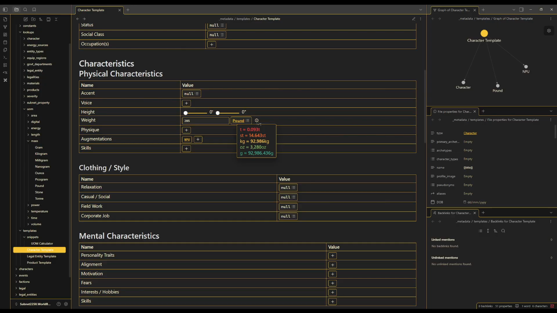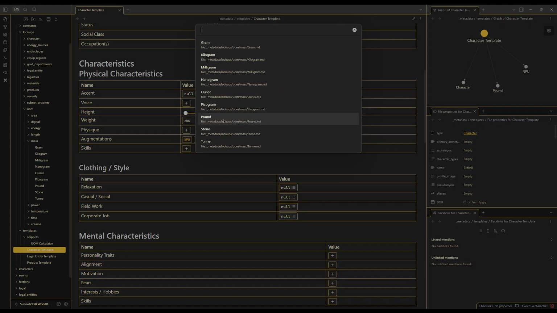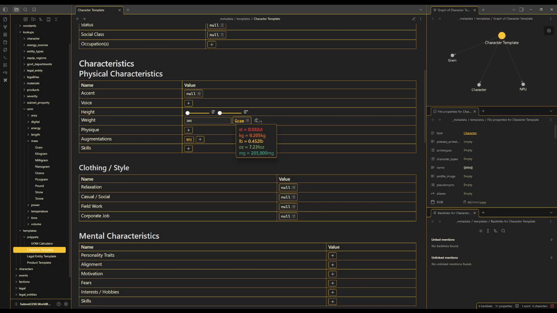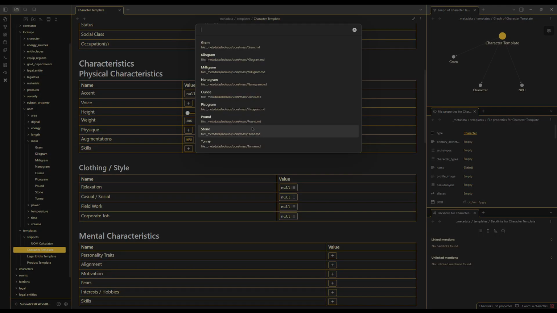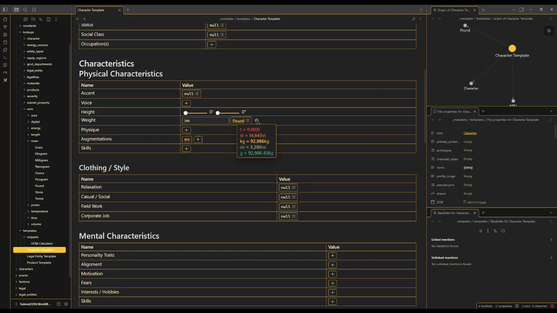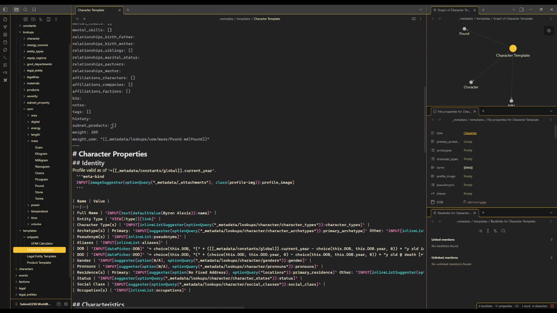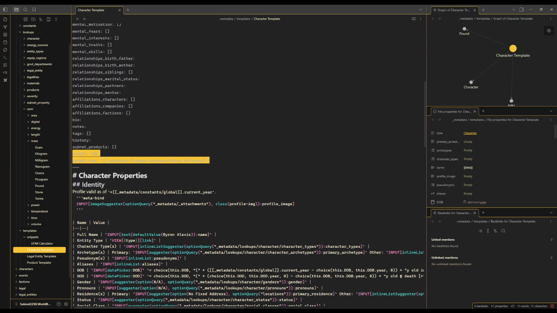So if you look on the left-hand side over here, you can see grams are listed, kilograms, milligrams aren't listed, but they would be if, for example, I chose grams, and then you'll see milligrams listed now at the bottom. So it relatively chooses sensible weights based on a range. And that's it. Now, if we look at the front matter in the background, front matter is now selected and